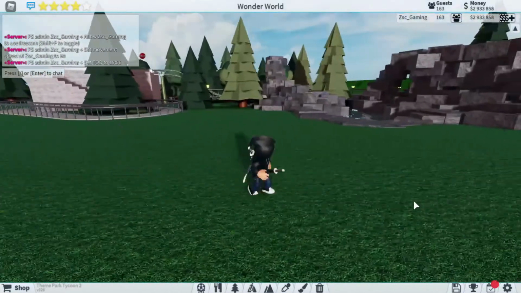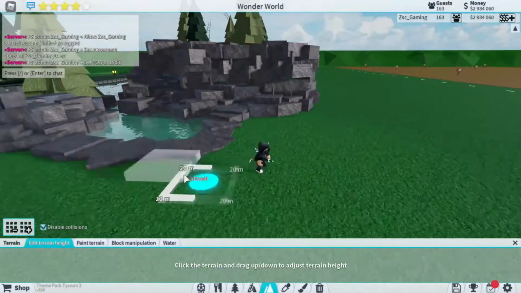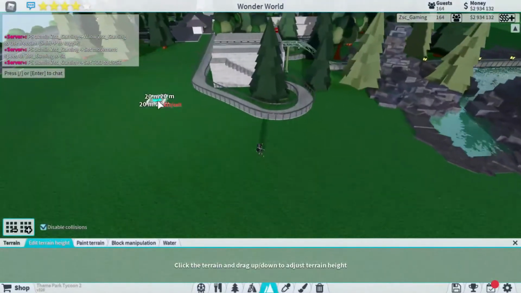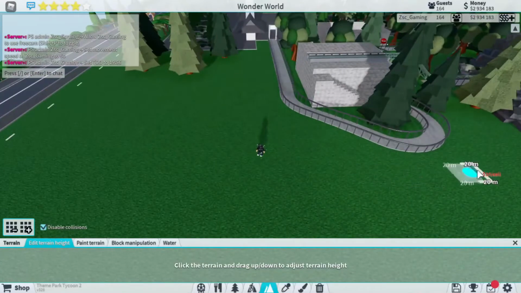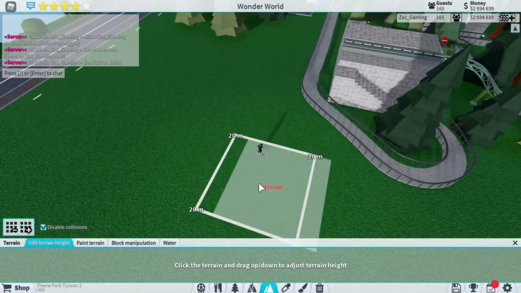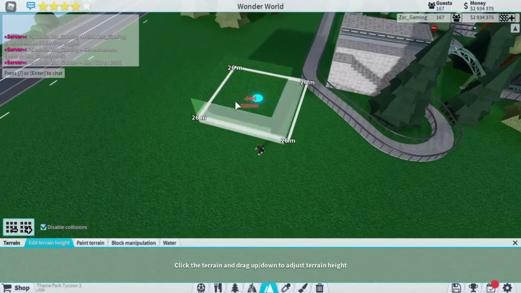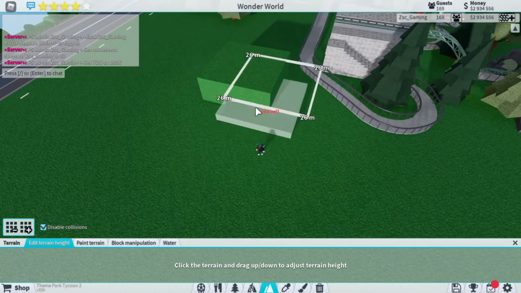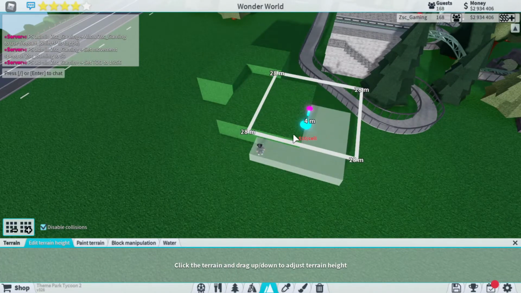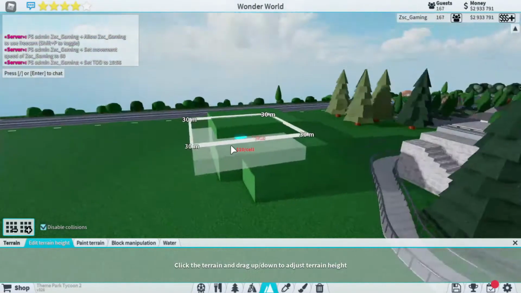Alright, so let's start with the basics. What we're gonna do is open up our terrain thing. I'm gonna be making a cliffside right here around the station for this coaster. So build your general outline of the terrain and what shape you want it to have and how you want it to look. You can make it any height,